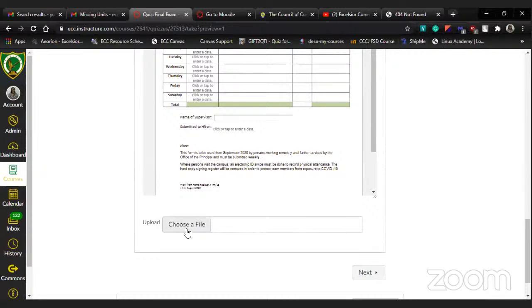Okay? So you can do it offline. That way, in the event that your electricity goes or something, at least your paper is saved offline, and then you can upload it so that you don't lose it.